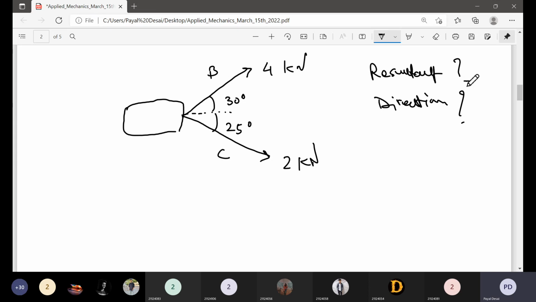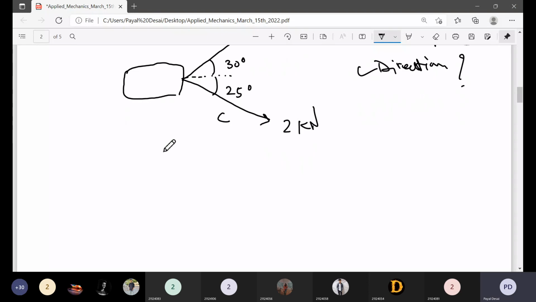This may appear easy, but it is not easy. Why? Because resultant और direction दोनों कोई भी इंफॉर्मेशन हमारे पास नहीं है. ठीक है, पहले केस में रिजल्टेंट की जो डायरेक्शन थी that was already there with us. Direction was given, so we could directly apply the sine rule. Okay, now if I draw the free body diagram of this, you can see something. Assume,